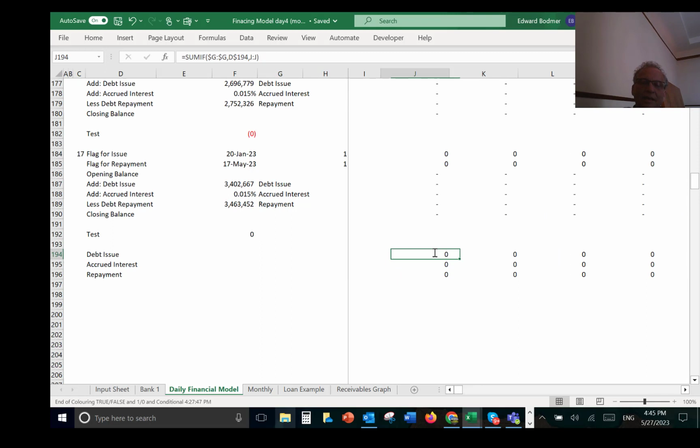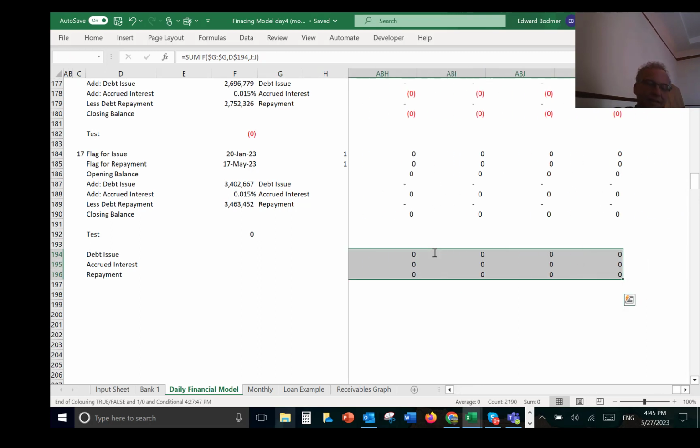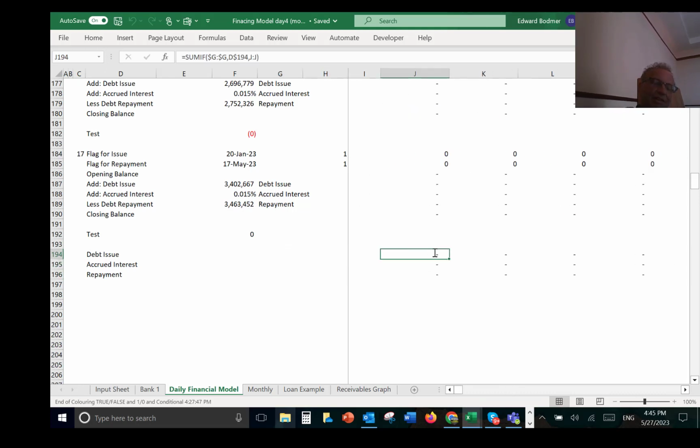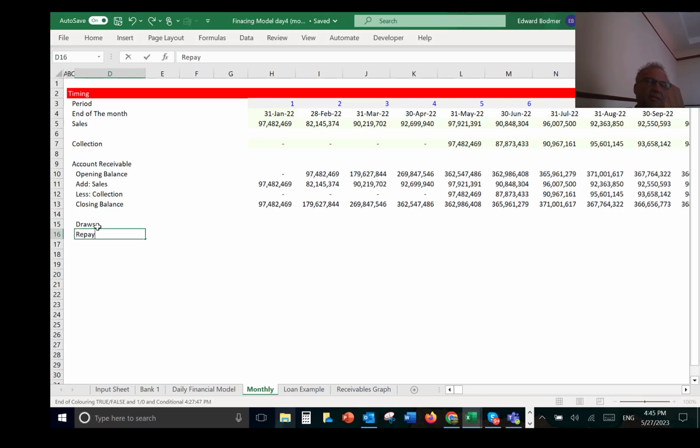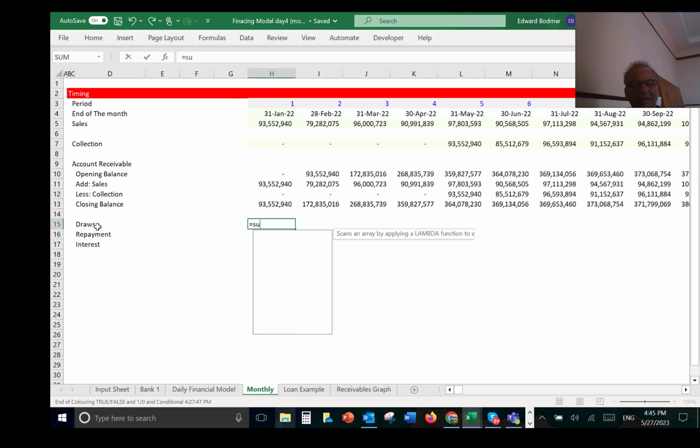Okay, and let's see, kind of get the Shift Control W, and maybe just so we can see how it's really working, instead of doing the rest of it, let's just put it in our monthly statement. So let's put our draws and our repayment and our interest. And then you can do all sorts of things. Maybe you can see which bank is charging more interest. I don't know why you wouldn't just look at the interest rate, but I was told, okay, you can't quite